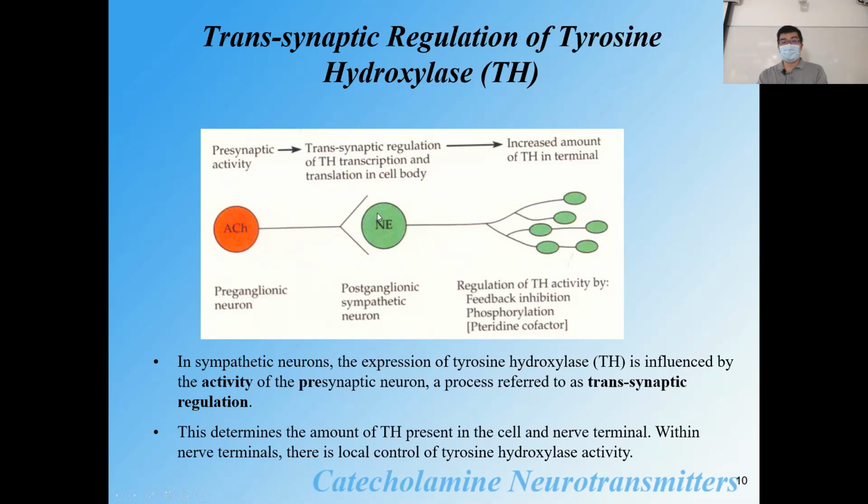So you can see that when you activate the acetylcholine receptors over here, there will also be secondary effects. It stimulates these neurons, and then those neurons will be stimulated to release norepinephrine. At the same time, they will also stimulate some of the other receptors that mediate secondary messengers, and then that can enhance the transcription level. And also that will have a more long-term effect because phosphorylation can be reversed. Okay.